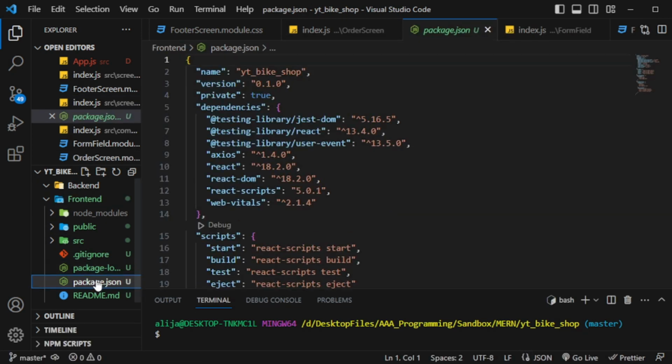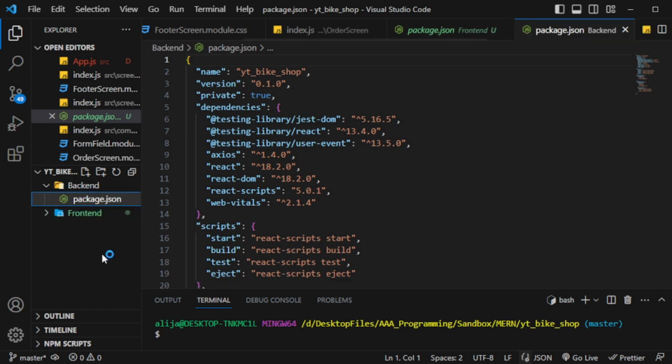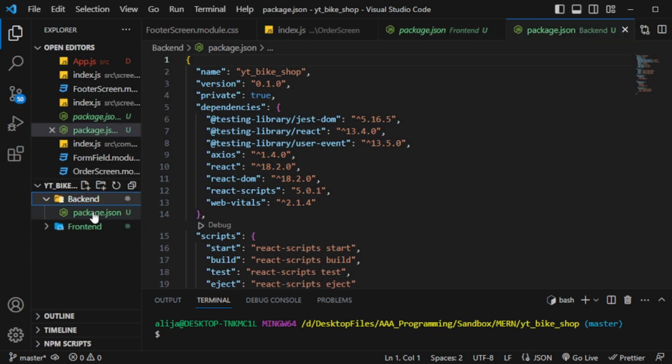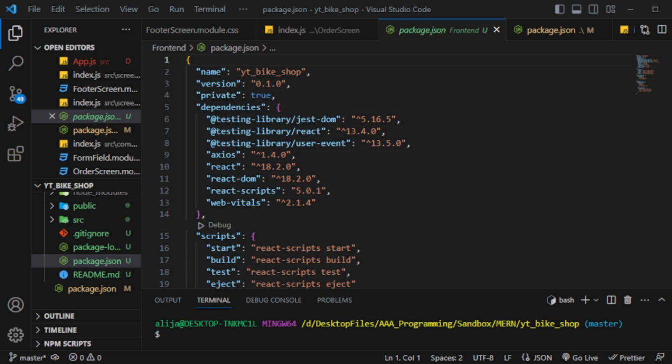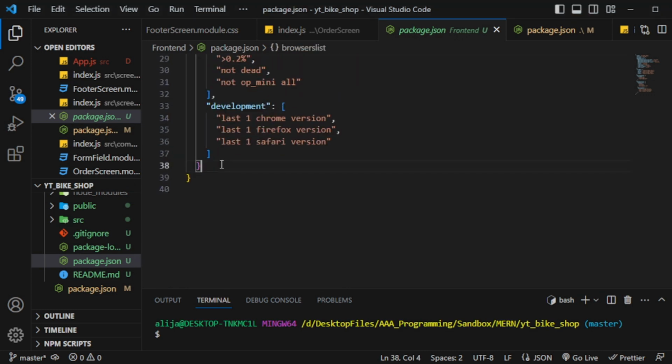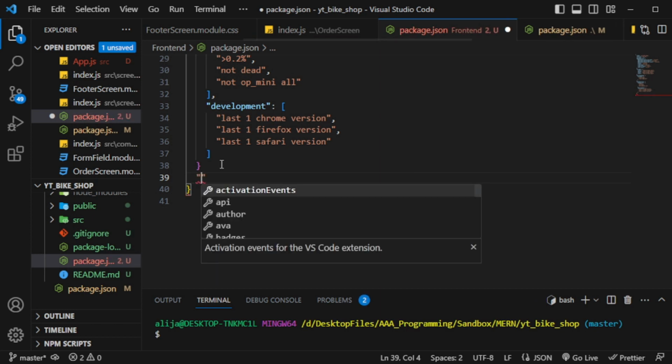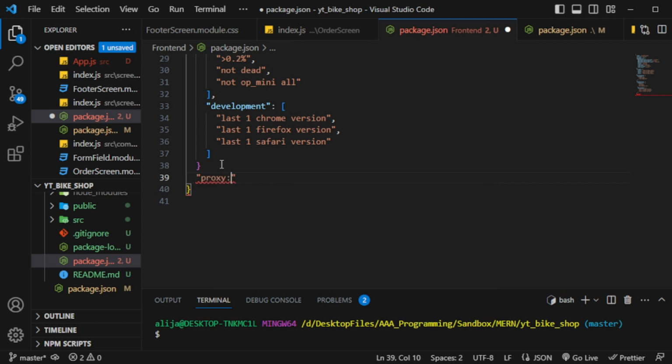Alright, so what we're going to do is create another package.json. And that will be in the main project directory. So we'll go into the one in the front end. For that, below the final curly brace, we need to add in a proxy. Yes, add in a comma before that so it doesn't yell at us. Add a proxy and point that to